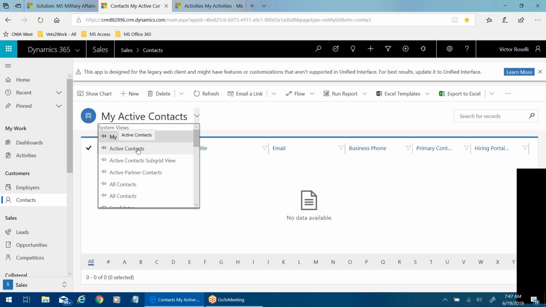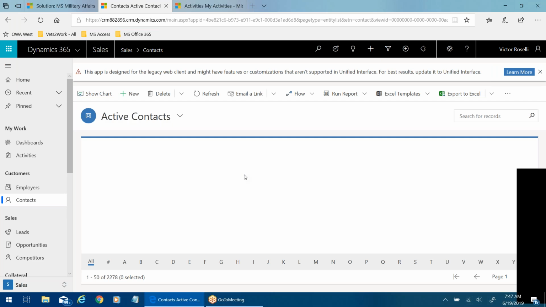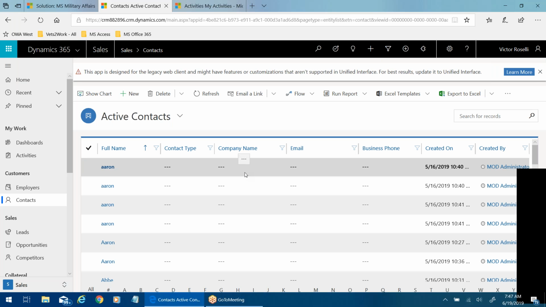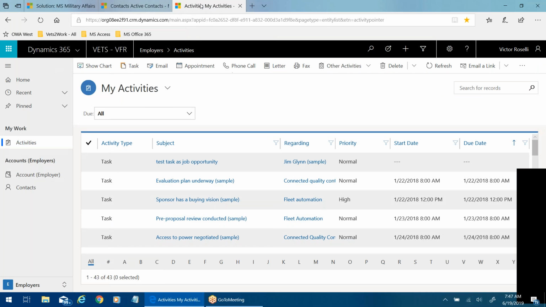But the contact type, the value in that field, should determine which form gets presented. No, I get it. And the view has nothing to do with it, because that's simply a filter.